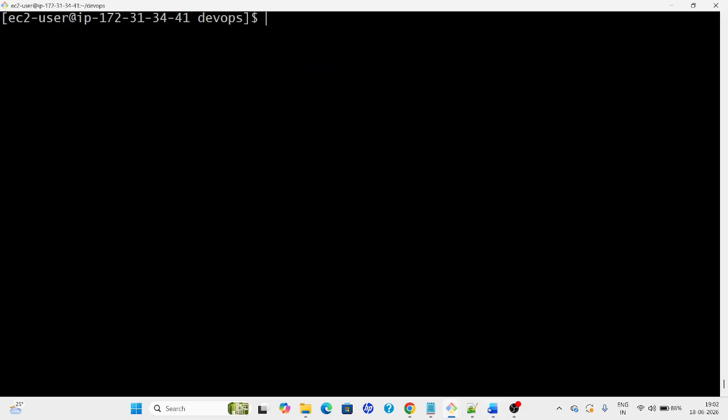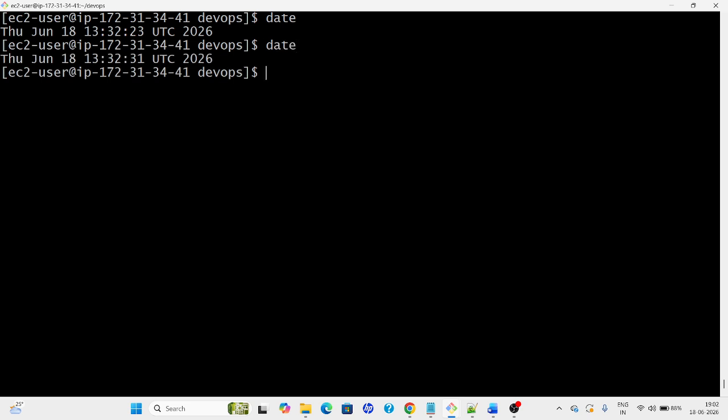The next is the date command. The date command is going to display the current date at the time when you are executing the command. See, it is showing 23 here. Now it is showing 31. If you want to display something, some command in real time in the scripts which we want to execute, then we are going to use it. So for example, with vim, which file I have created,